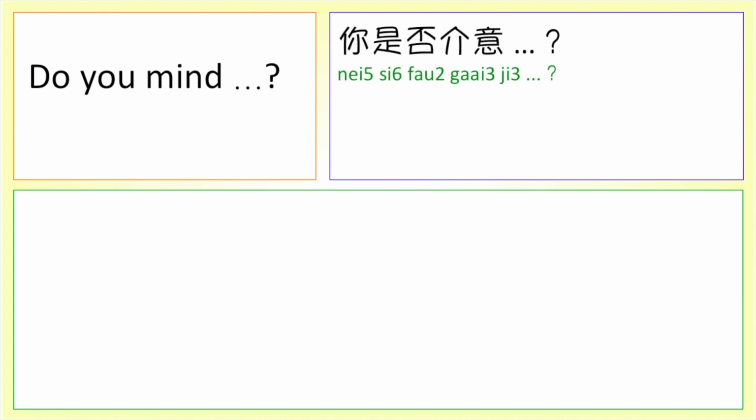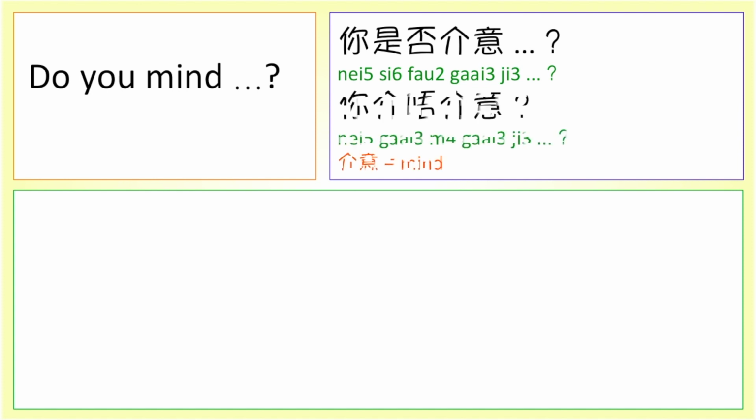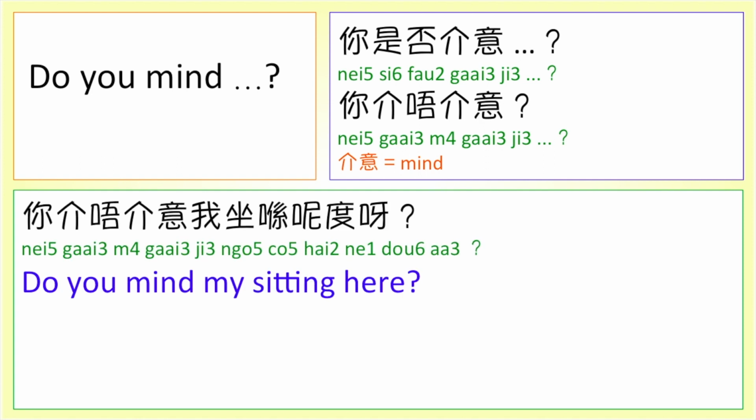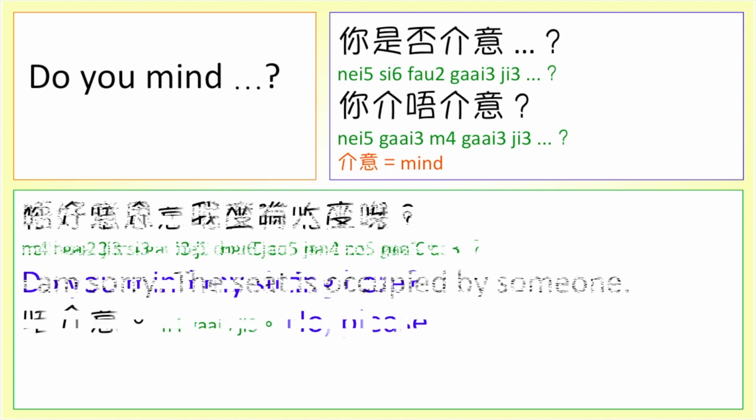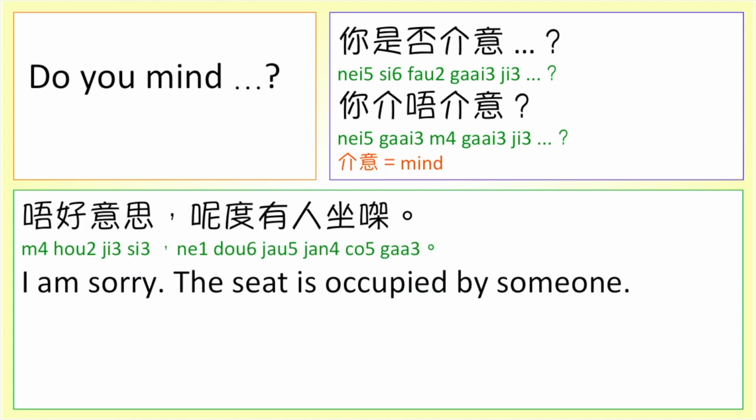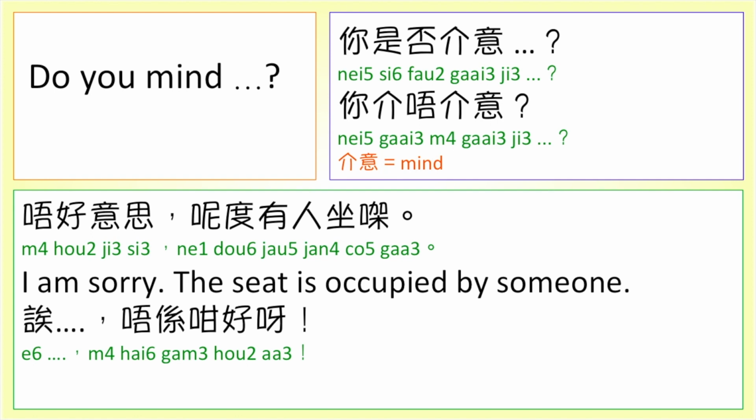Do you mind? In written Chinese, we say 你是否介意？ In Cantonese, we say 你介唔介意？ For example, 你介唔介意我坐喺呢度啊？唔介意。唔好意思，呢度有人坐㗎。唔係咁好啊。